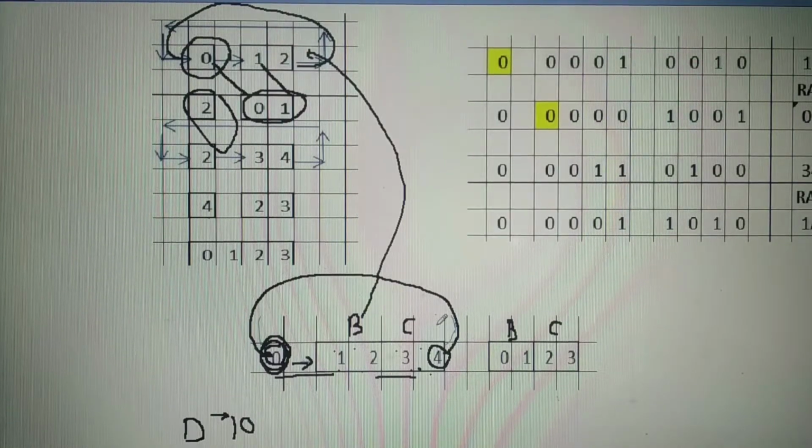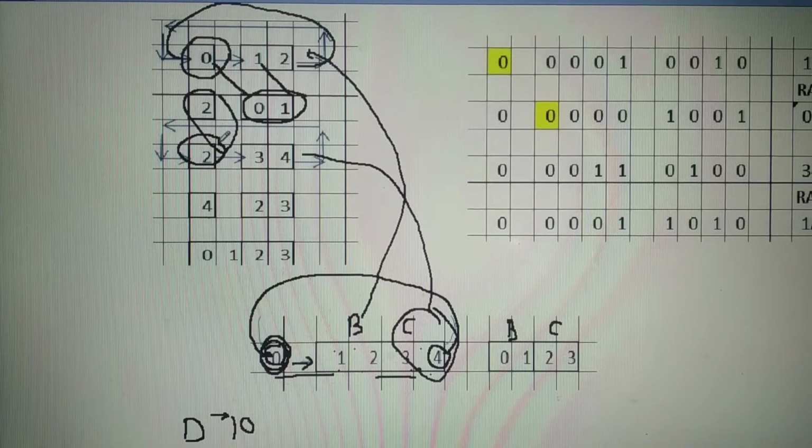Now take the number from register C to accumulator. Here carry is having number 2. Again rotate this. When you rotate this, 4 goes to the position of carry, 2 becomes the most significant digit, and 3 becomes the least significant digit.